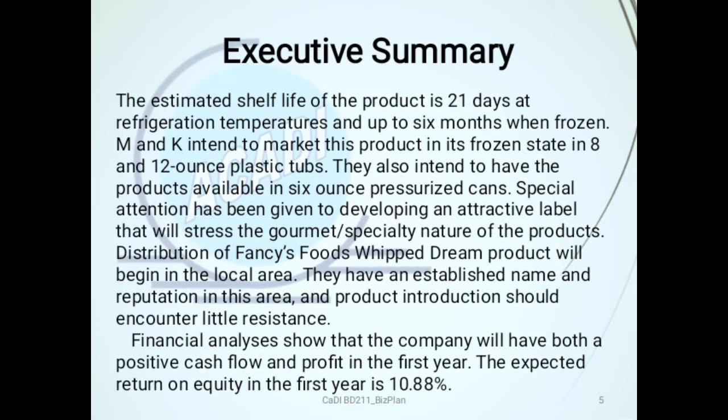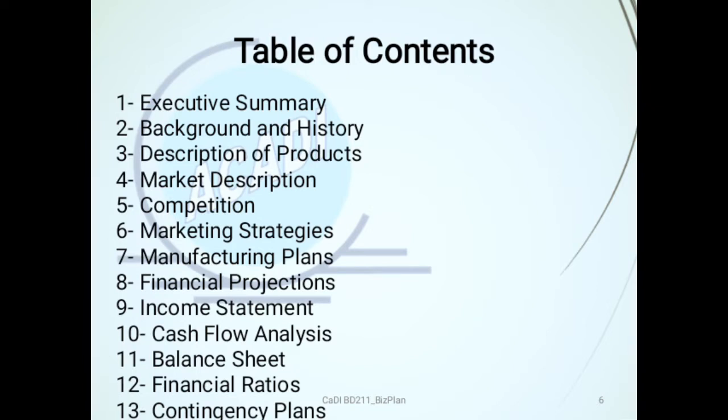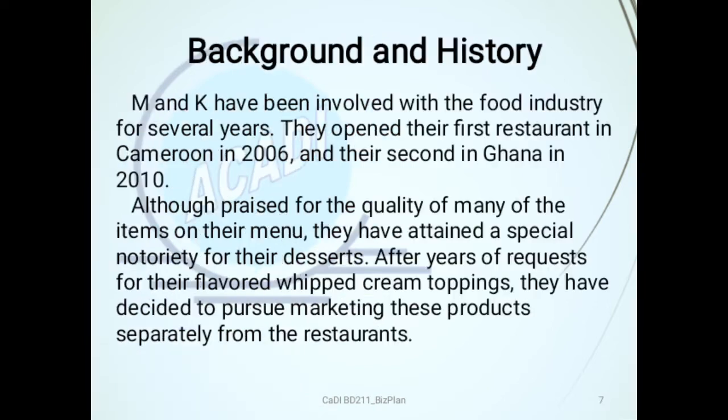Financial analysis shows that the company will have both a positive cash flow and profit in the first year. The expected return on equity in the first year is 10.88%. Table of contents: executive summary, background and history, description of products, market distribution description, competition, marketing strategies, manufacturing plan, financial